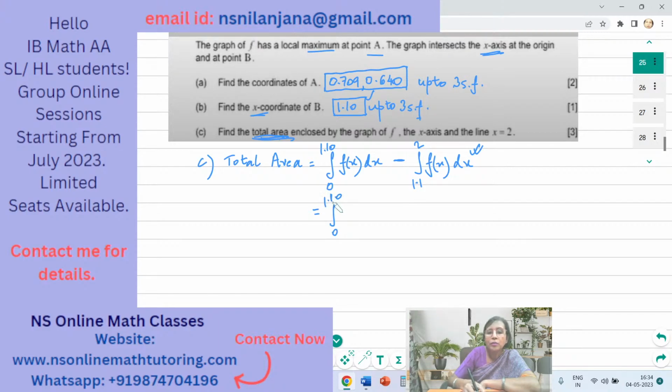1.10. You can write 1.1, as you have seen. I have entered 1.1 in the calculator: the modulus of f of x, and this modulus is outside the integral sign, from 1.1 to f of x dx,